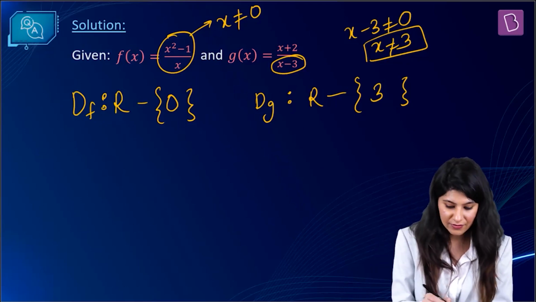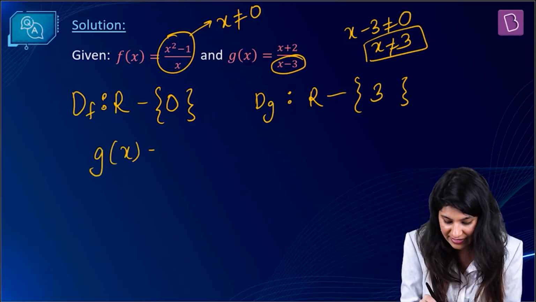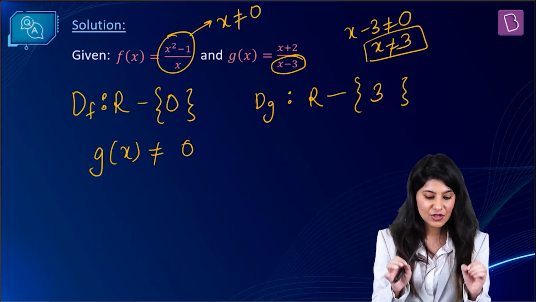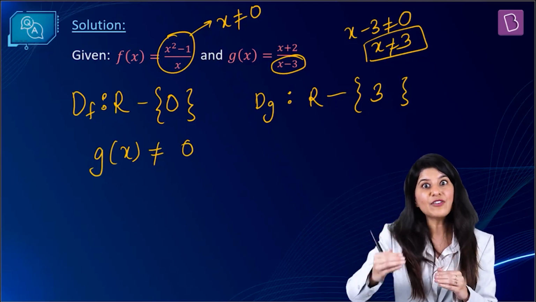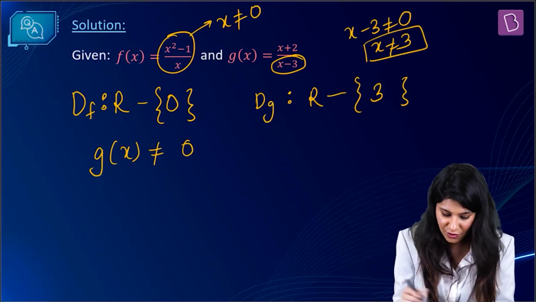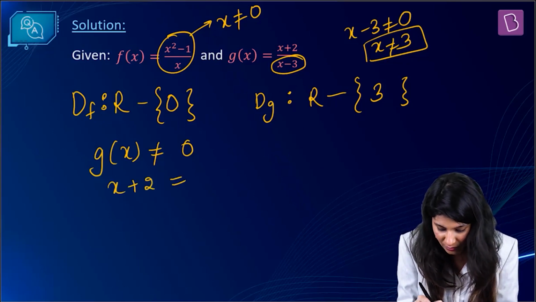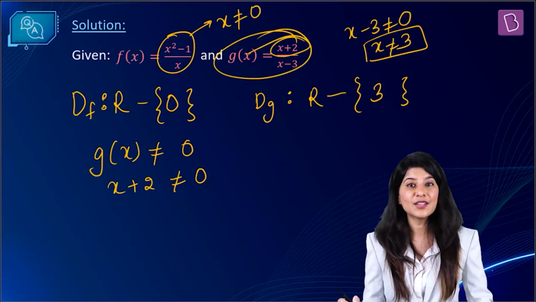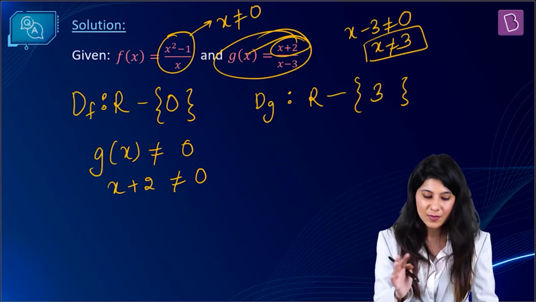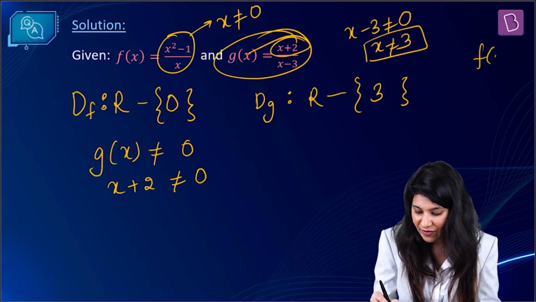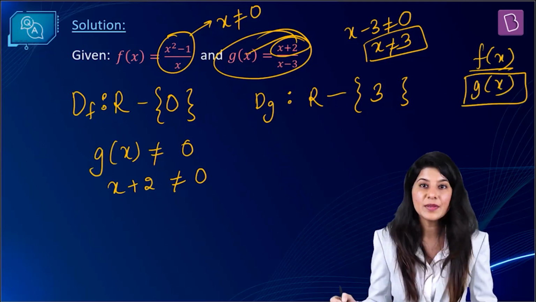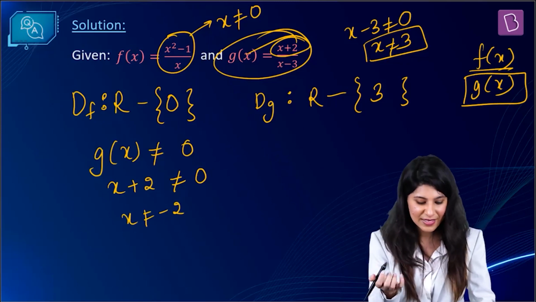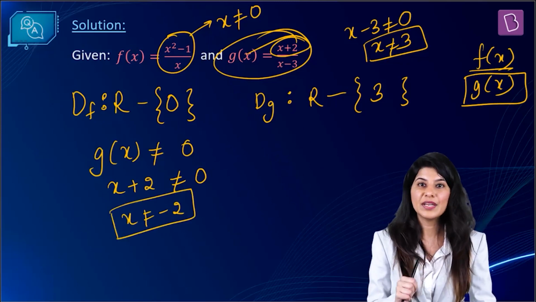One more thing we need to figure out is when g of x is 0, because g of x cannot be equal to 0. We need to remove those values of x where g of x is 0 from the domain of f of x by g of x. So g of x cannot be 0. That means x plus 2 cannot be 0. Any such function is equal to 0 when the numerator is 0. Are you getting my point? This cannot be 0 because in f of x by g of x, g of x is in the denominator. That's why we are doing this. So x is not equal to minus 2. We need to remove minus 2 in the final domain as well.